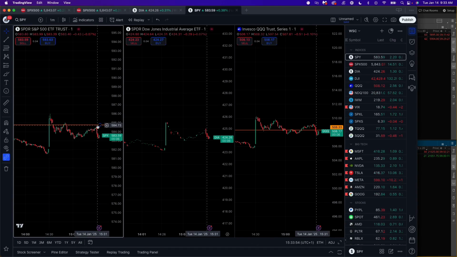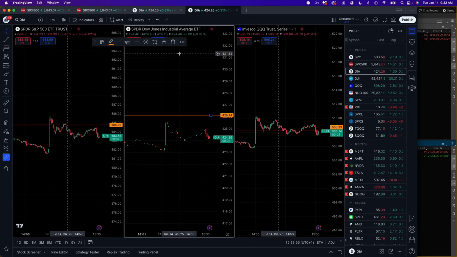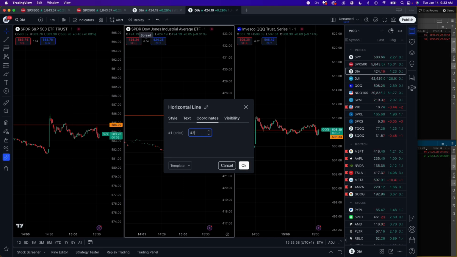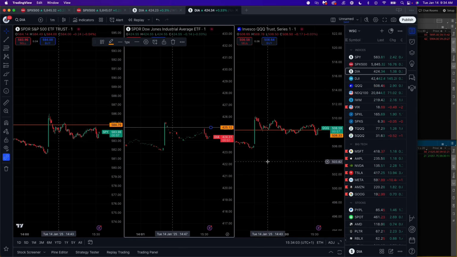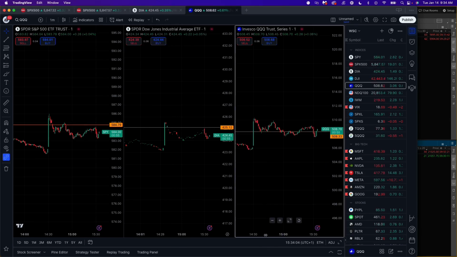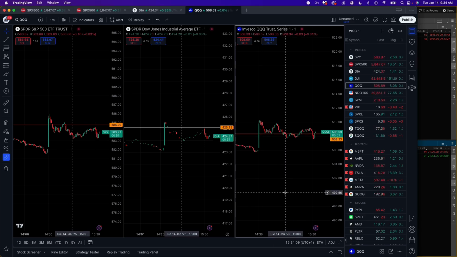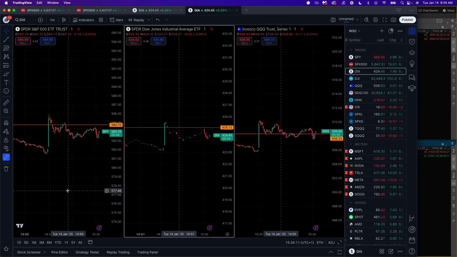425.12. So this one, 425.12. All right, so basically these are the levels to watch. That's good because we have dark pool right here. That's going to give us answers, early answers. Qs want to recover here. This is a flag pattern.